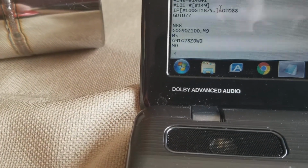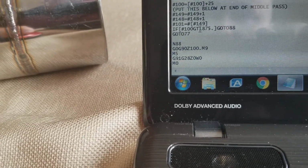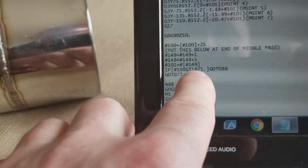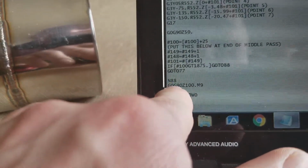And it keeps looking at if it's at the end, if it's all the way at the end over here, if it's longer than 1875 millimeters or greater than, then it dumps out and it doesn't go into the loop anymore, which is N77. So,